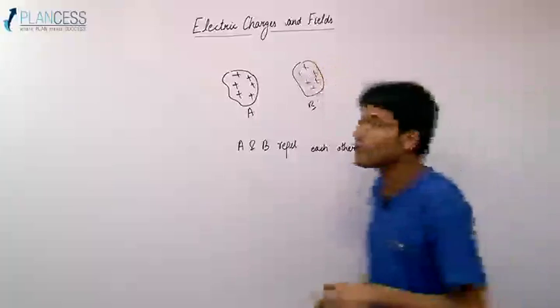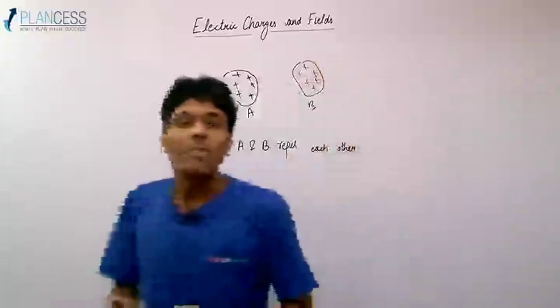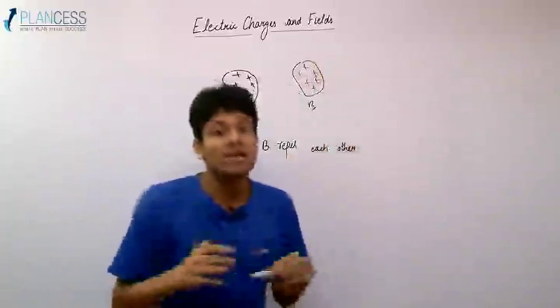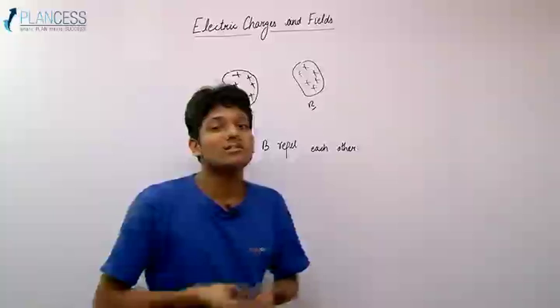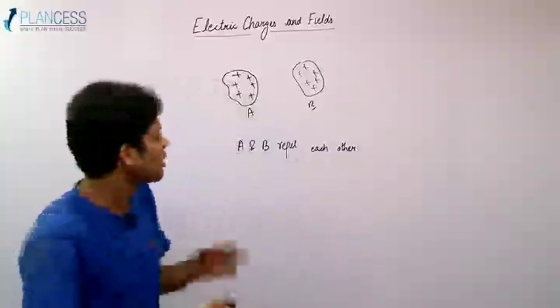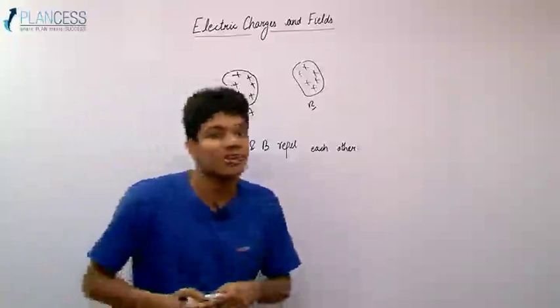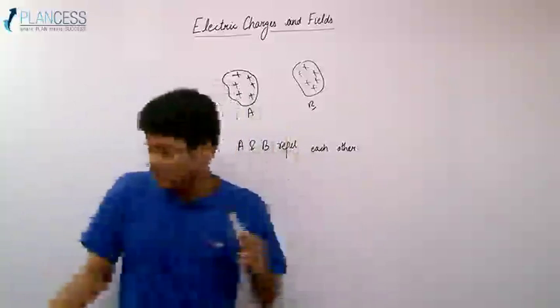So if it is given that two bodies repel each other, then both the bodies have to be electrically charged and have to carry the same sign of the charge. So we can say that repulsion is a sure test of electrification. So this is something about